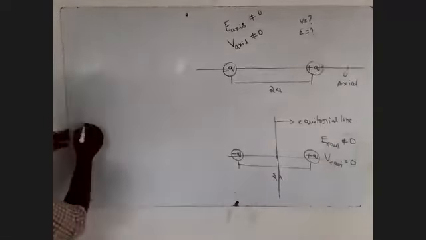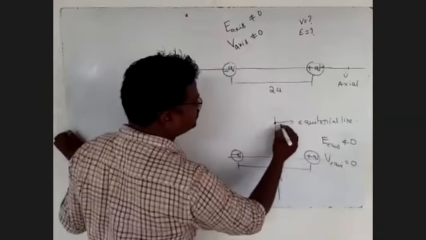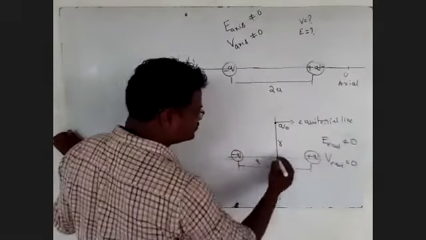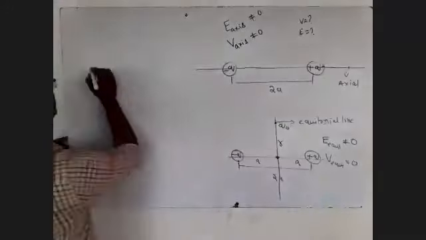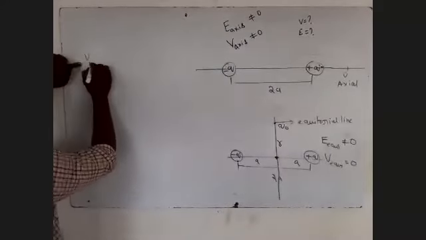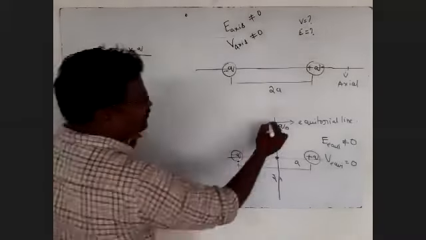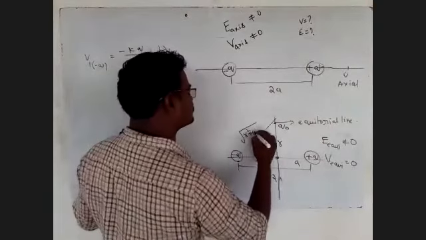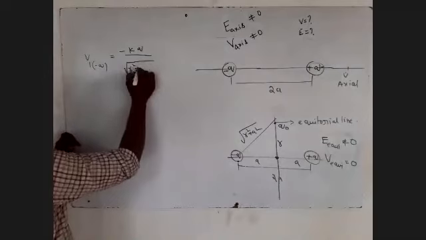You see this one. This is minus q. I'm taking a test charge q naught; the distance from here to here is r, and from here to here is a. At this point, what is the electric potential? V1 is equal to minus kq divided by the distance, which is root of r square plus a square.